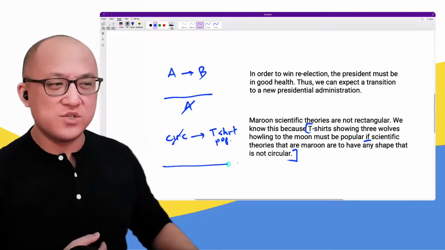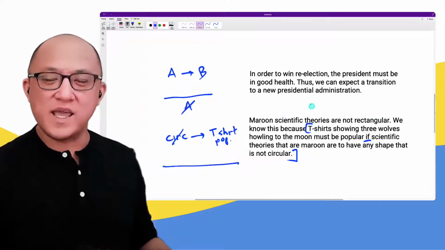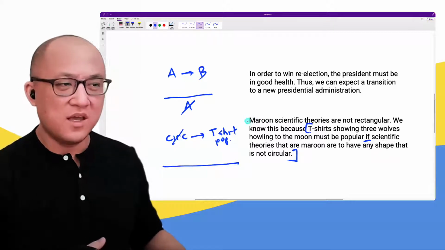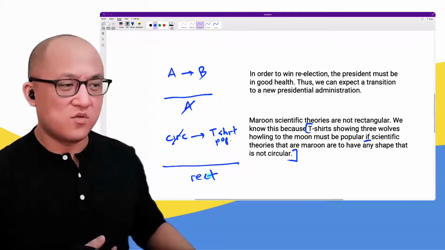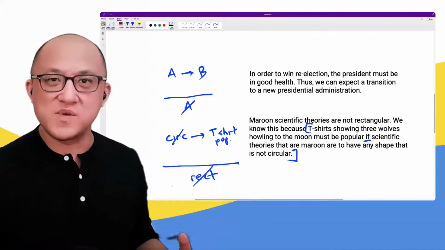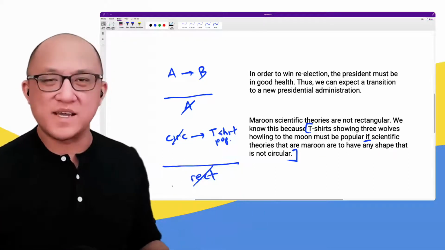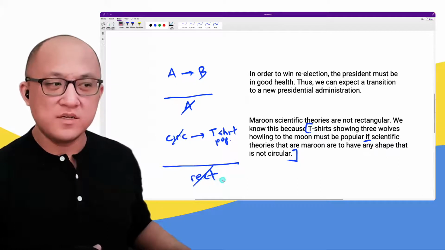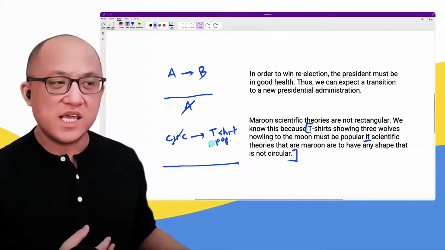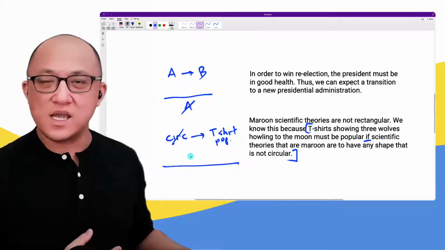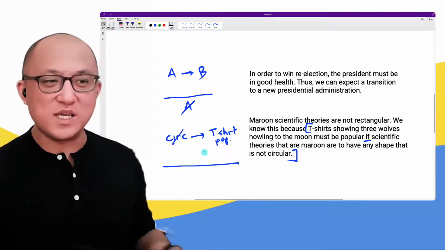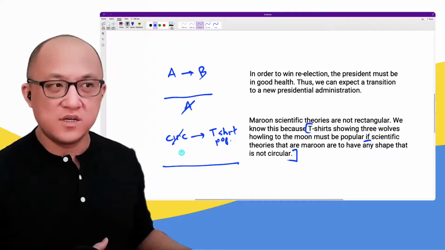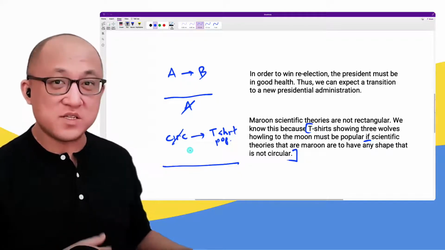Okay, so now the conclusion is they're not rectangular, that's interesting, right? This is something that the LSAT will do. They know that people are really into diagramming. But if someone just said, okay, so not rectangle, then it doesn't make any sense at all, right? There's no connection between any concept at all. So what's actually going on here? Well, let's see. This conditional would allow us to say that if the t-shirts are not popular, then those theories are circular. So do you see how the theories being circular,